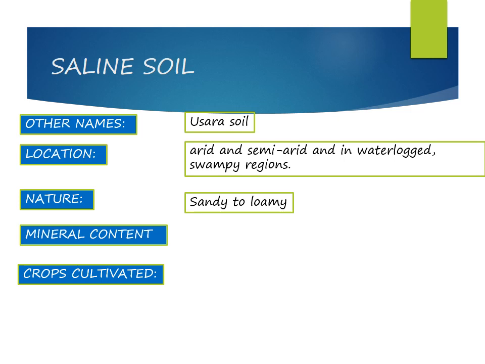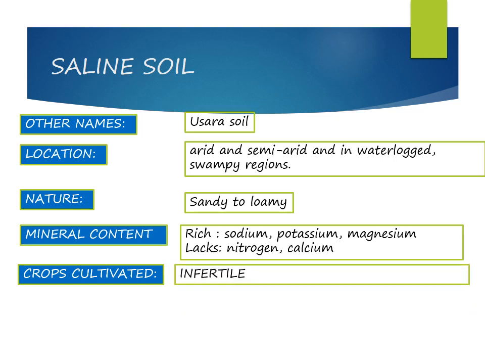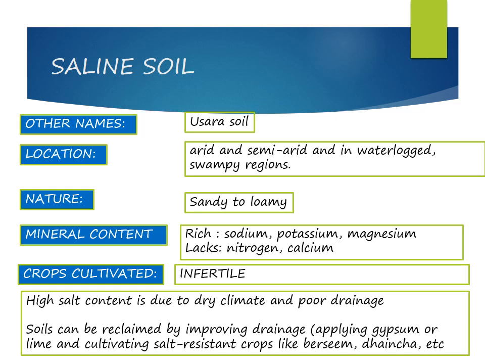The soil is sandy to loamy in nature. It is rich in sodium, potassium, and magnesium, and it lacks nitrogen and calcium. And it is infertile. The high salt content is usually because of the dry climate and poor drainage. These soils can be reclaimed by either improving the drainage, like by applying gypsum or lime, or cultivating salt-resistant crops